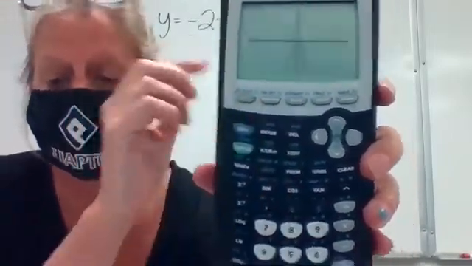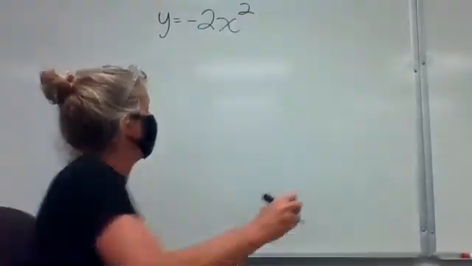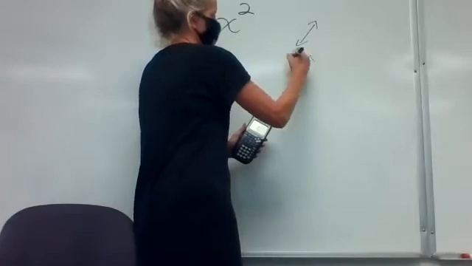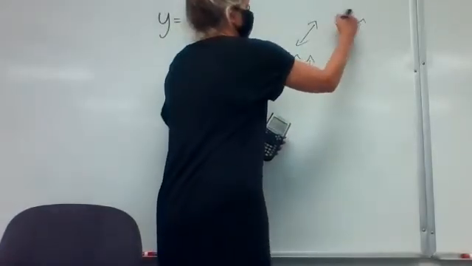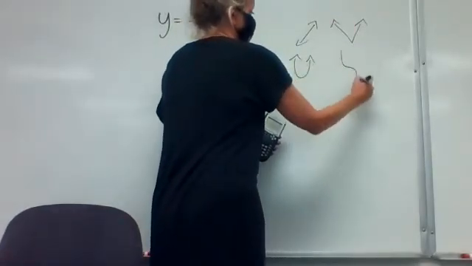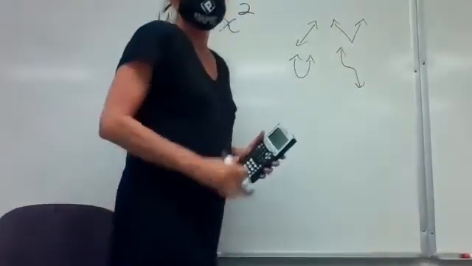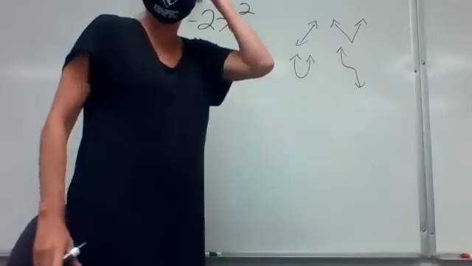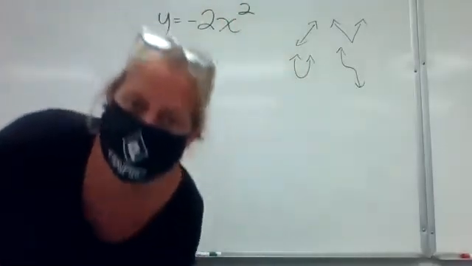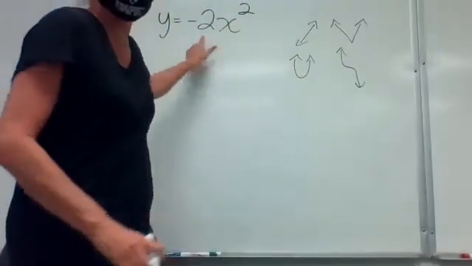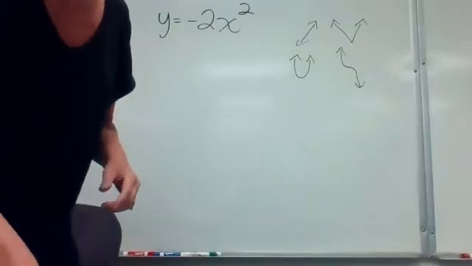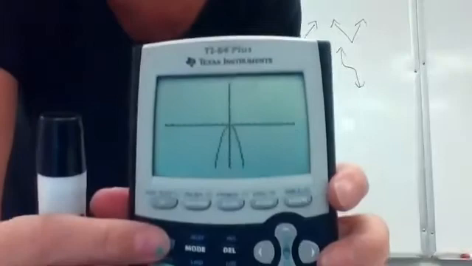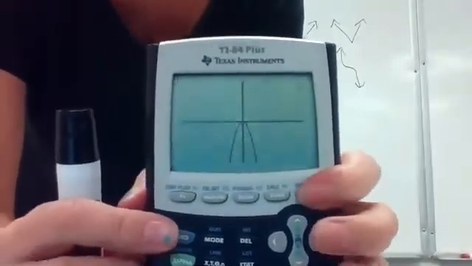That's the first thing that you're going to have to tell Math Lab, right? It's going to have all those tools over there, like we see all the time. The first thing you're going to have to do is come over here and click on this one. Okay, it is upside down, but that's just because it's got a negative in front of it. So I don't need to worry about that. I just need to tell it to do the U shape. Then you're going to go to second, graph again,